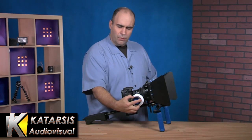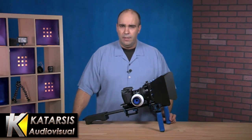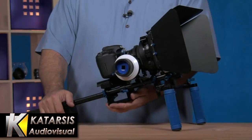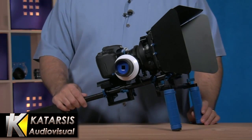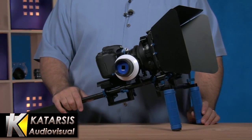And then if you need to, just gently keep turning and it will release the tension and you can go past it. So this is really flexible. Now, the last part we have here is the actual mount itself. You could take this and connect this directly to the tripod, giving you the rail system, and you've got the flags and everything attached. What we have here are carbon rods using industry standard 15mm bars, making it easy to